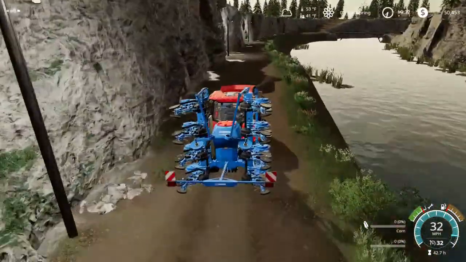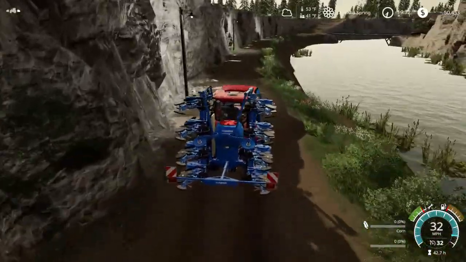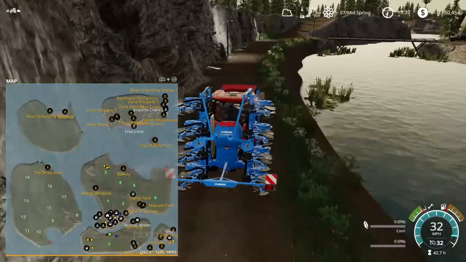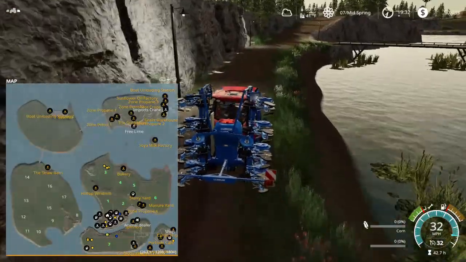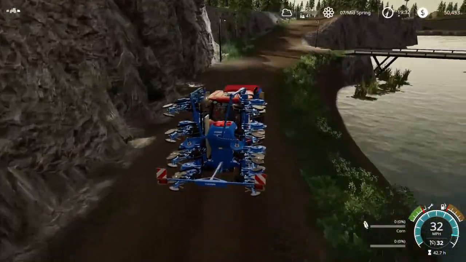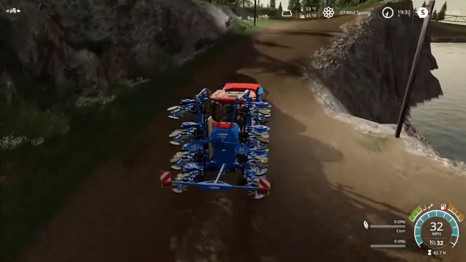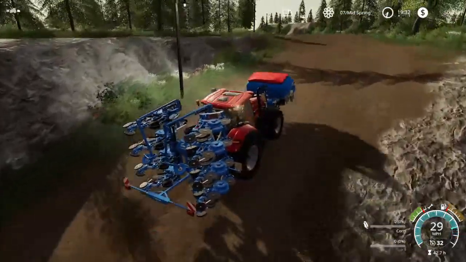So maybe I'll do a headlands pass around one or two of the field. I'm not sure how field 17 looks. It's kind of an odd shaped field, so we'll look at that one. We'll probably get a headlands around, and then we'll set the worker going, and then we'll